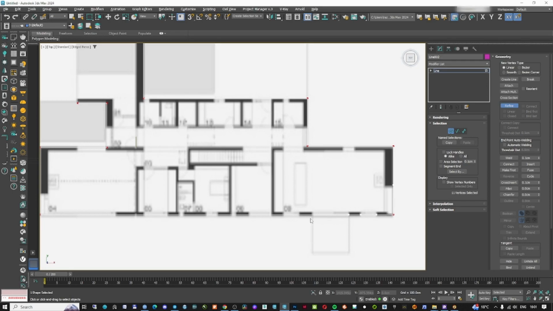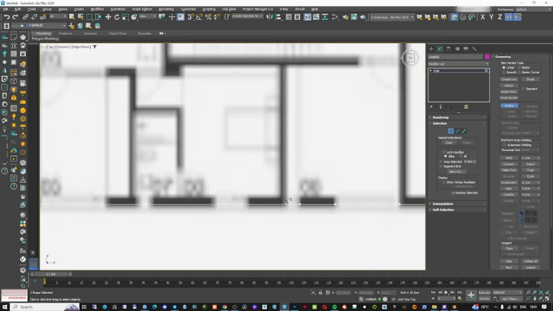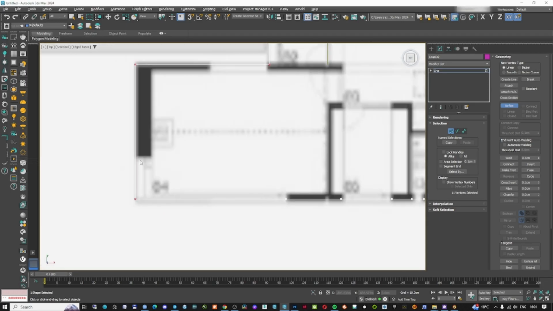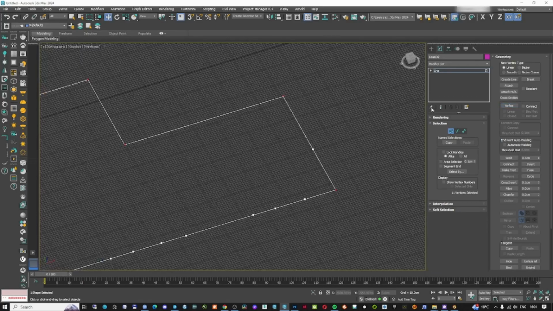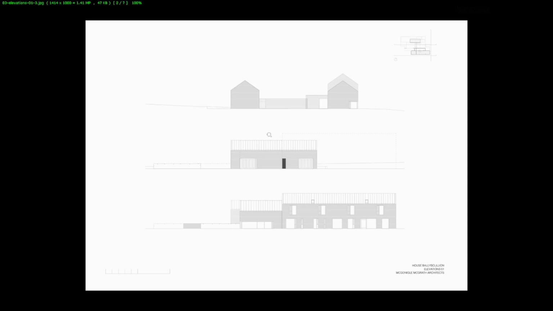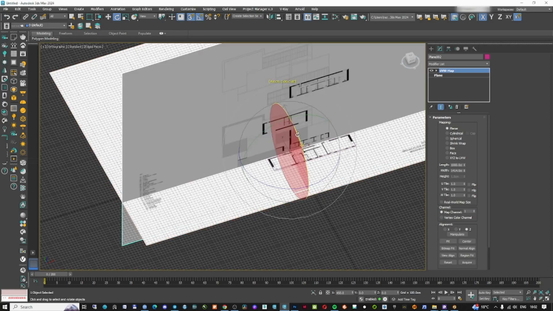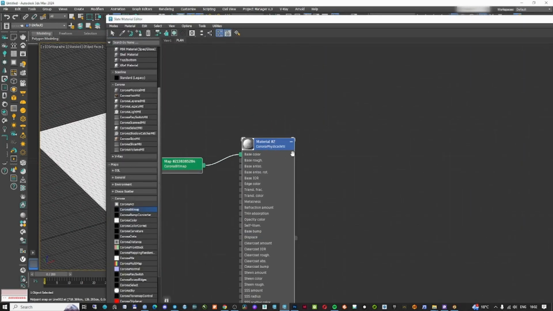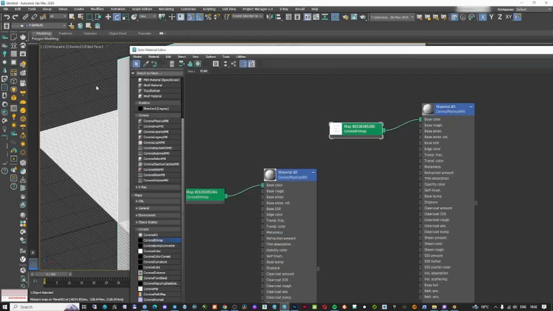After that, using the refine, as you can see, I'm using it to create the holes where I have the windows and the doors and so on. Now I'm checking exactly how the windows are and where everything is. And now with shift and click, I'm creating another material only with the